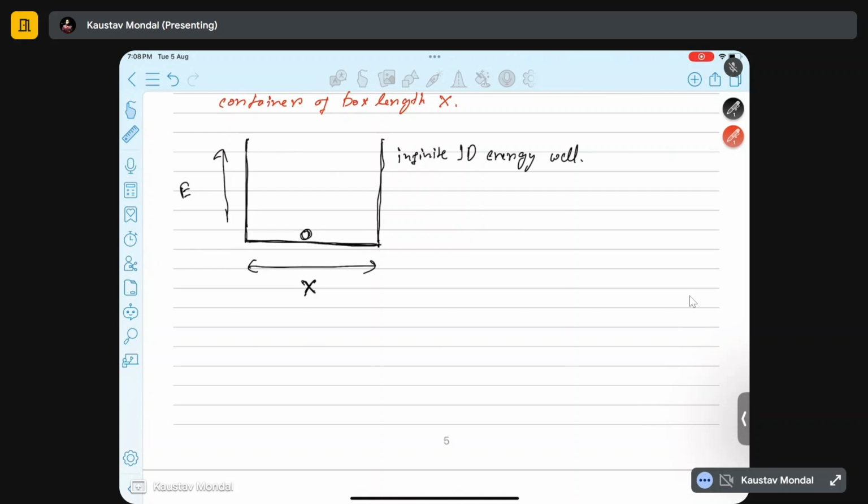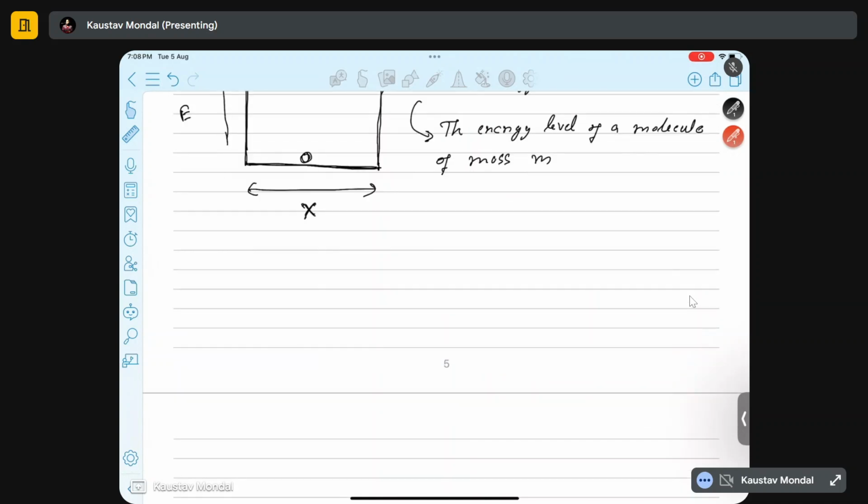So for this kind of situation, the nth energy level of a molecule of mass m would be